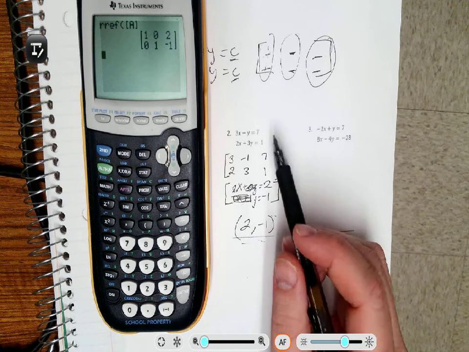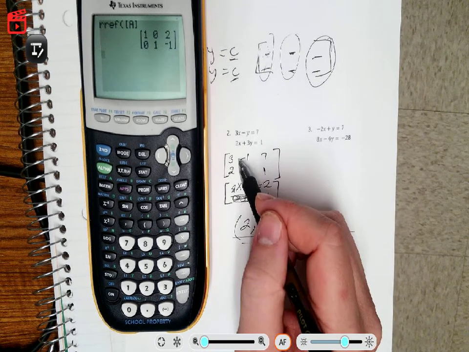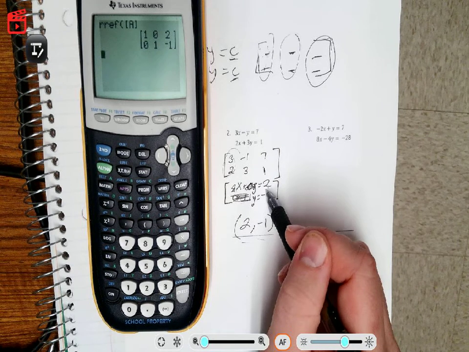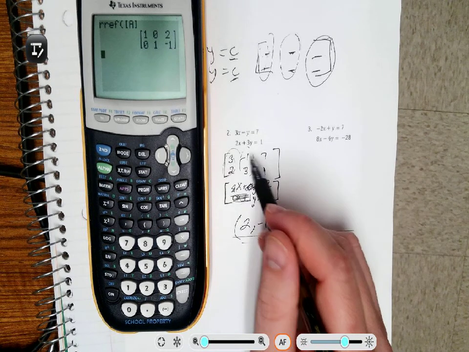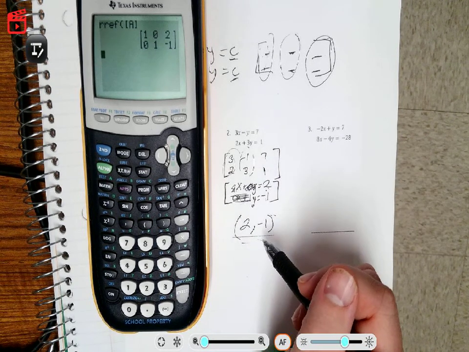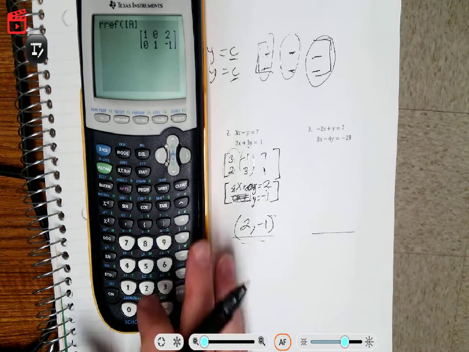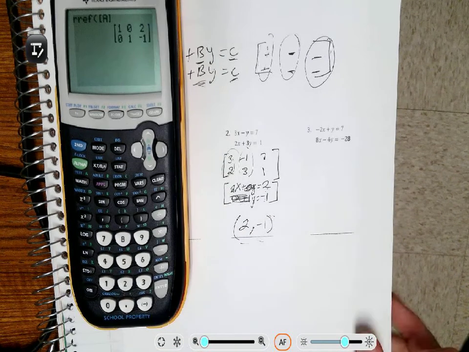If we use real-world problems, whatever was the first variable, that would tell us how many of those we had. Whatever was the second variable, that would tell me how many of those we had. All right, let's try 2 special case scenarios real quick. Number 3,